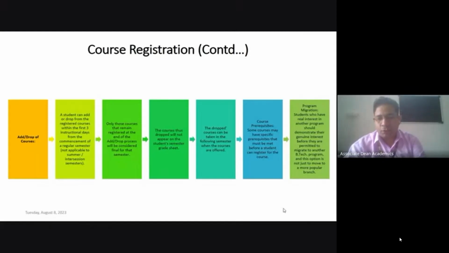Suppose 1,000 students are admitted in the BTech AI ML program. Then 2% of 1,000, that means a maximum of 20 more students, can be allowed to migrate from any program to the AIML program. So that criteria will be there. There are certain criteria for program migration. When the time comes, we will send the circular with all the necessary guidelines. You can also ask me personally whether you can migrate or not, and I will tell you whether you are eligible.